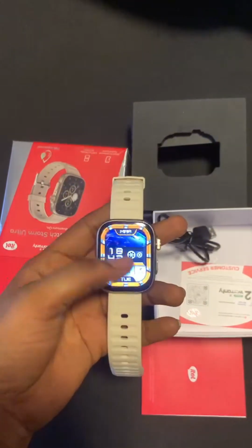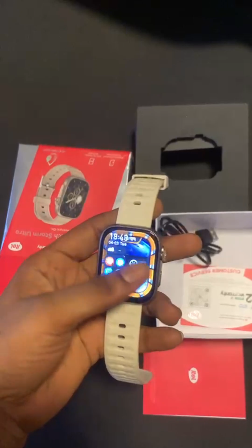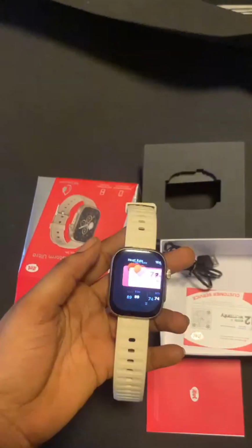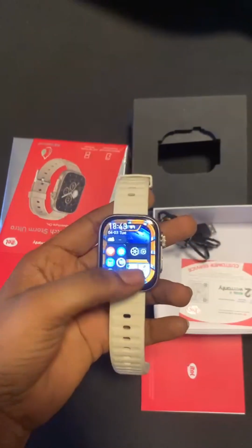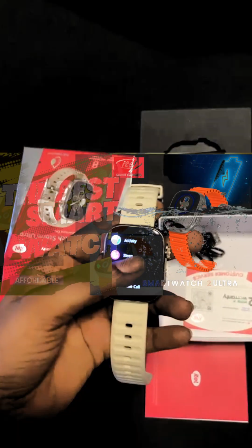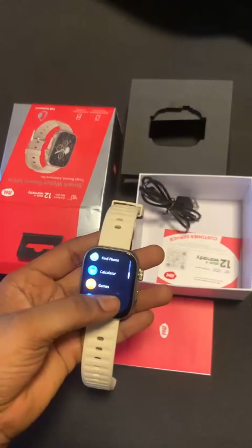use. This watch comes packed with features: fitness tracking, steps, heart rate monitoring, blood oxygen level, multiple sports modes, running, cycling, walking, and more. Smart notifications, calls, messages, and social media alerts. Water resistance, good for sweat and light splashes, but I wouldn't recommend swimming with it. Battery life. Itel claims up to 7 to 10 days of use on a single charge, which is pretty solid